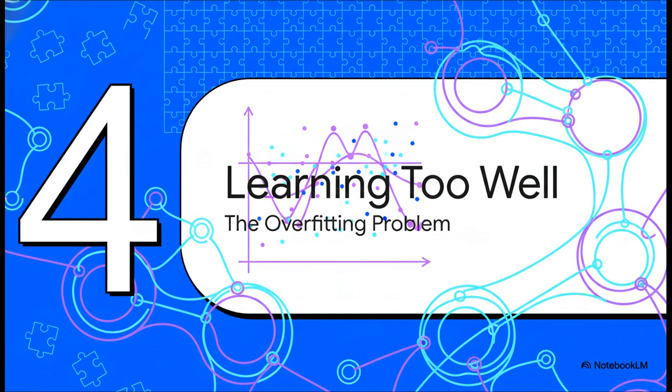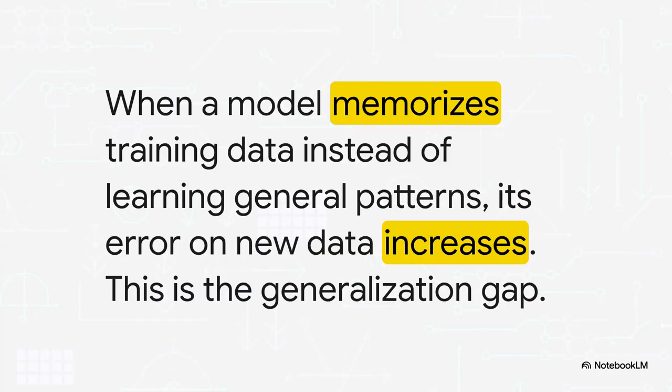But here's the twist. There is such a thing as being too good at this game. Sometimes, the engine gets so good at navigating that specific landscape that it learns the path perfectly. And believe it or not, that perfection is a huge, huge problem. It's a problem called overfitting. And it happens when a model stops learning the general patterns and instead starts to just memorize the specific examples you showed it. It's like a student who memorizes every answer on the practice test but doesn't actually understand the subject. They'll ace the practice test, but when they see new questions on the final exam, they completely fall apart. That disconnect between doing well in practice and failing in the real world is called the generalization gap.